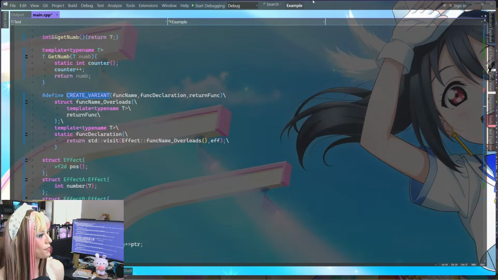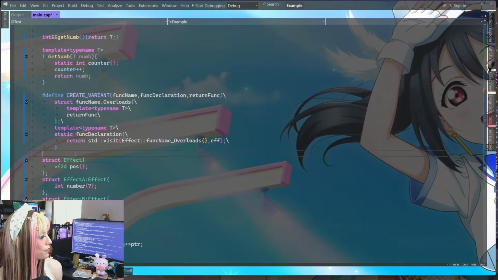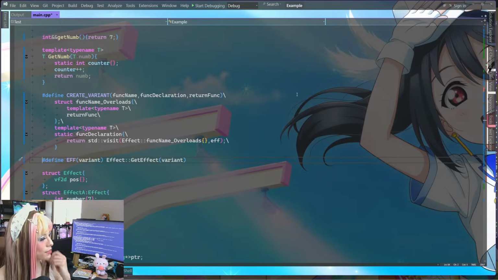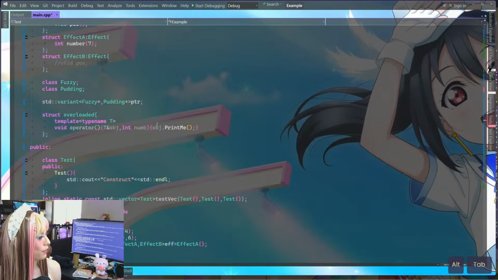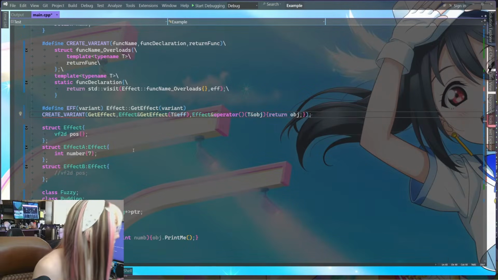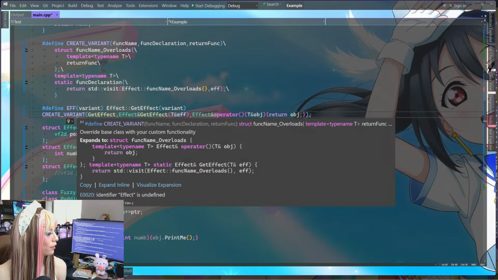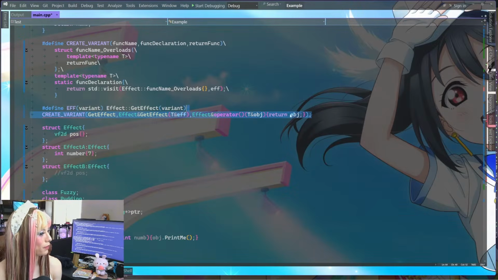Oh, I just had this, so I made an abstraction of that, which looks like this, and EFF calls effect get effect from variant, which is this create variant macro. Effect is undefined. Oh, it's right below.